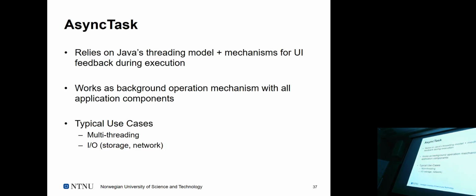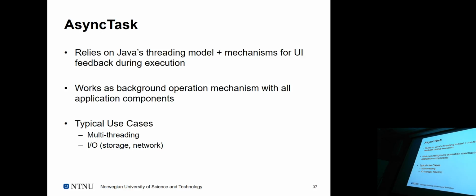You can stop me anytime if you have heard about this before. I just picked it up because Marge said we have only scratched the surface on this. So basically, the Async Task idea builds on Java's threading model, and in contrast to just doing threading, you heard about threading, right? So you did thread pools and executors and things like that. Those are good for background activities and sensible to use.